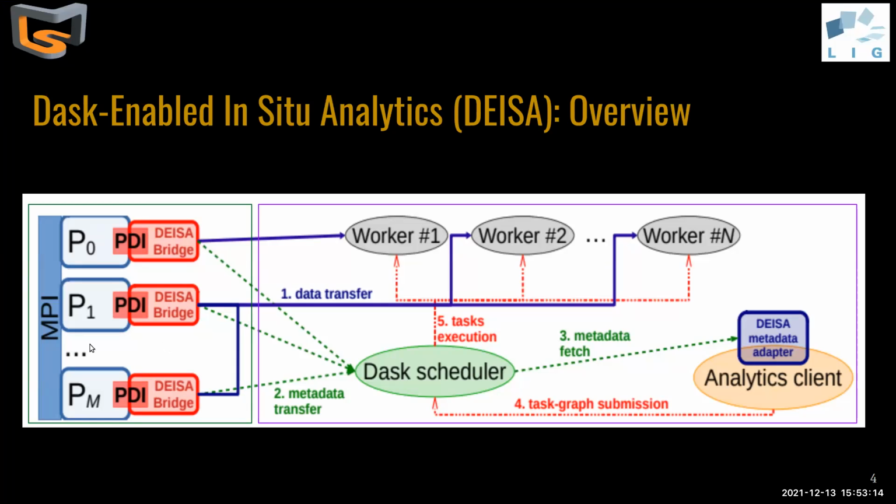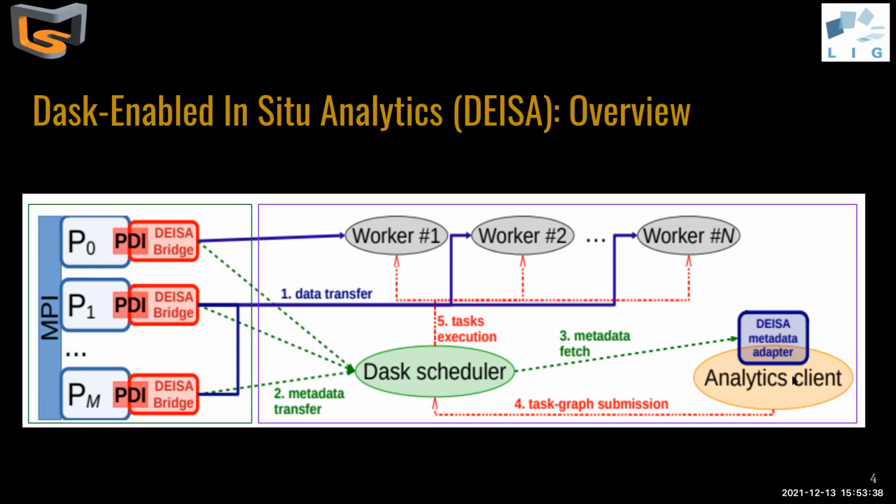So in this figure, we have two parts. We have a running simulation with M+1 processes on the left, and a complete Dask instance on the right. To couple the MPI simulation with Dask, we have implemented two components. The DEISA bridge on the simulation side, where we have one bridge per MPI process,